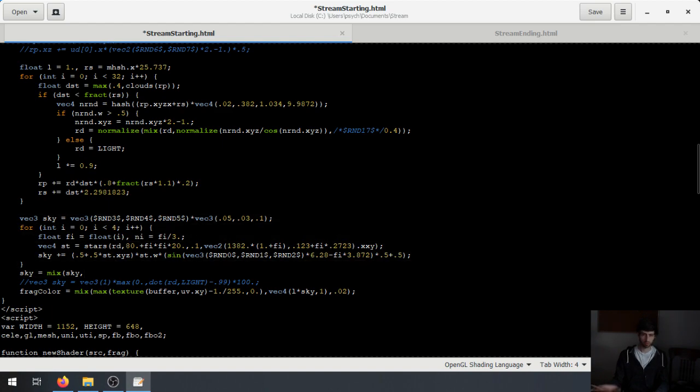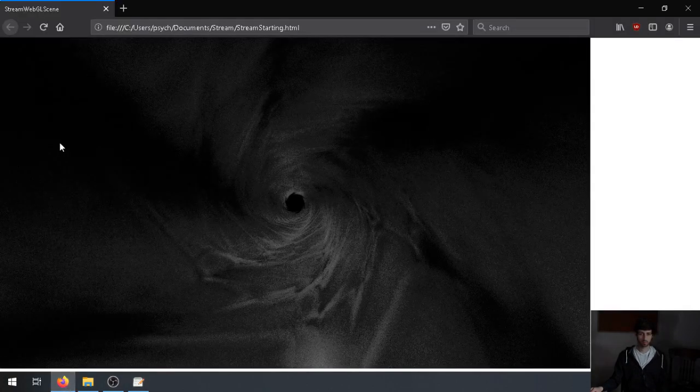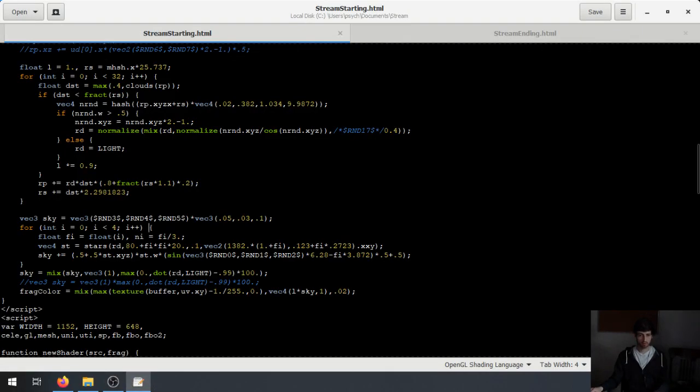We're going to lerp between this and the sunlight. So this dot product. Now, if we move the clouds away a little bit,